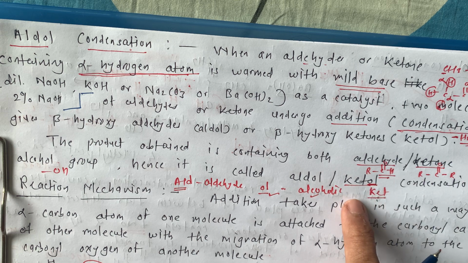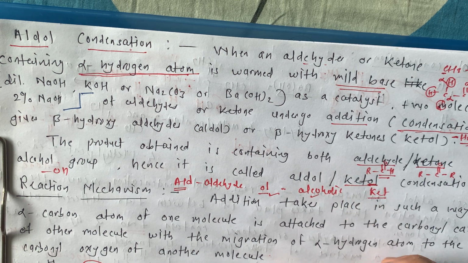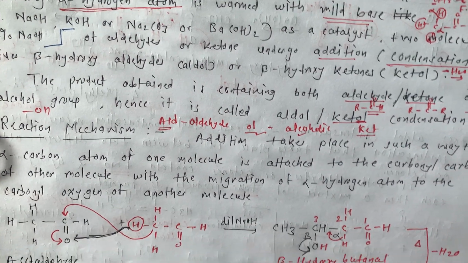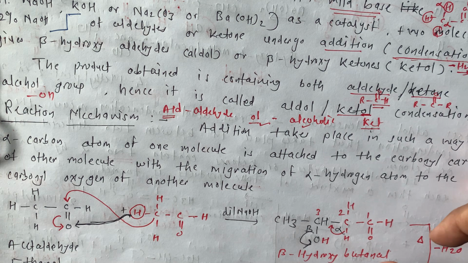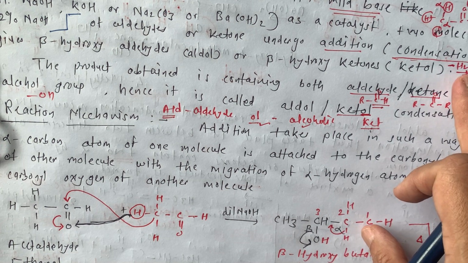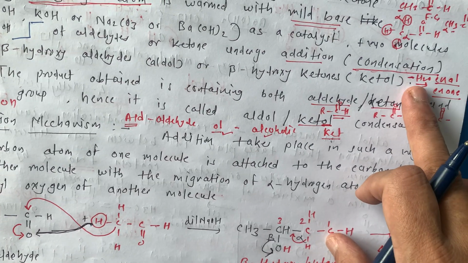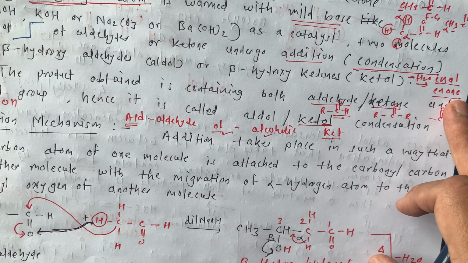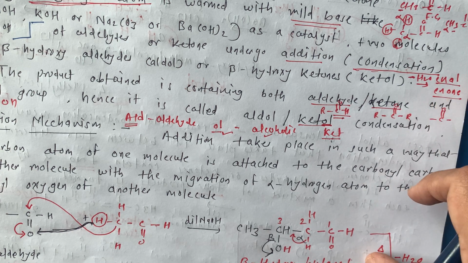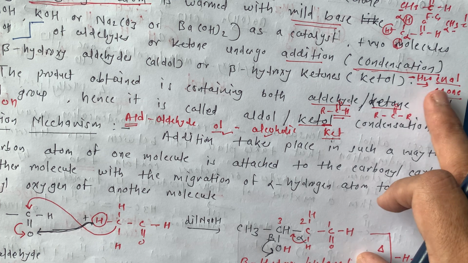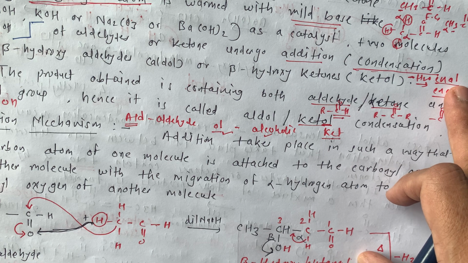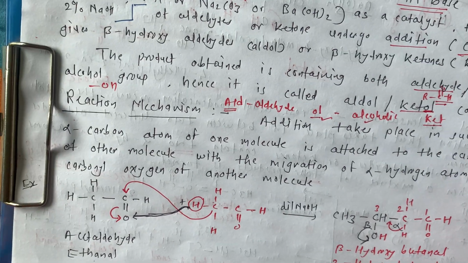Okay, this is the condensation product which we get. And further, as two functional groups are there, it is not that stable, so there is the removal of a water molecule, and then we get an enal or enone. En stands for double bond, and one stands for ketone; or here en stands for double bond and al for aldehyde. Now we are going to see the reaction mechanism.